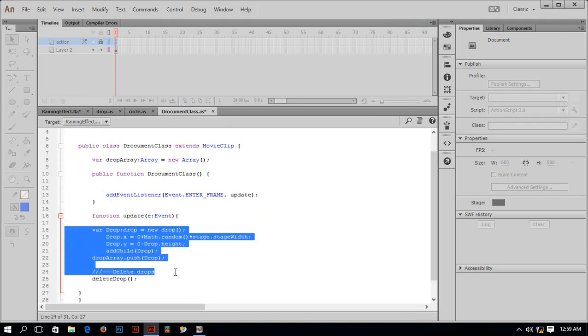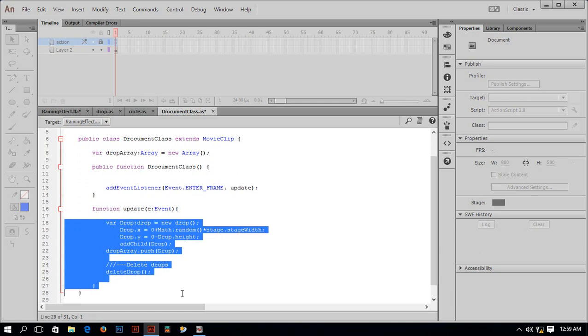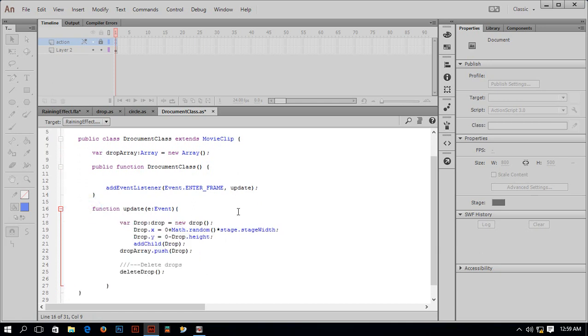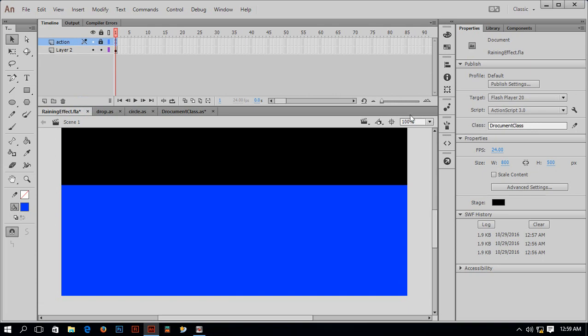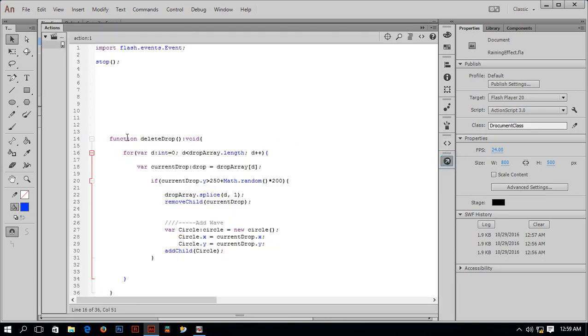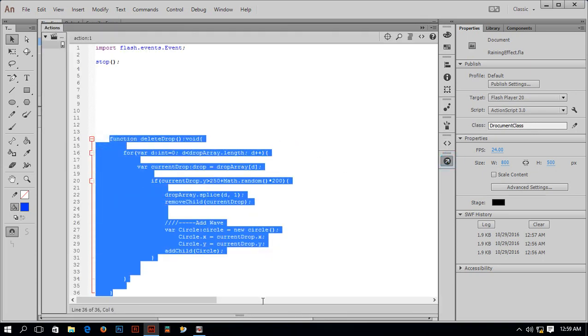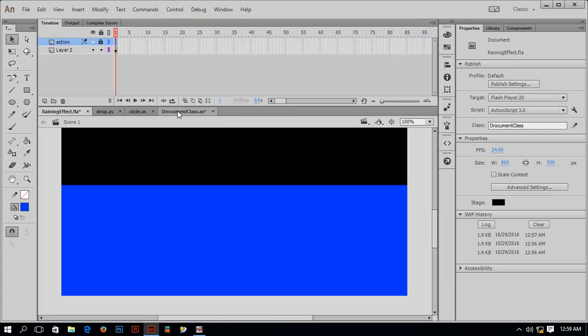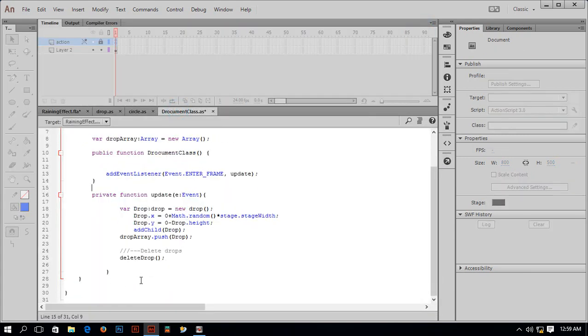We'll change the function to private function or protected function. I'd like to have private function, and go back and take this custom function tool and go back to document class and